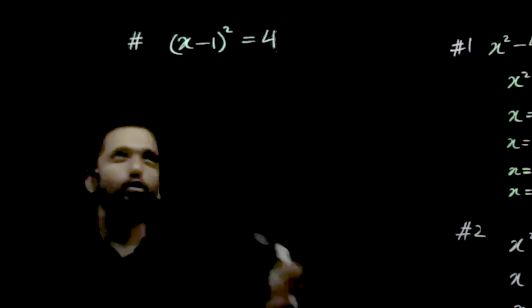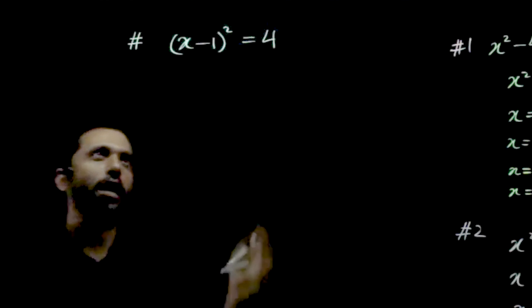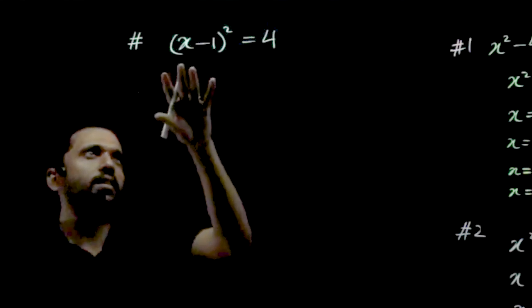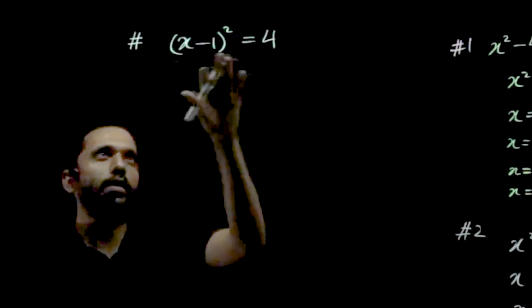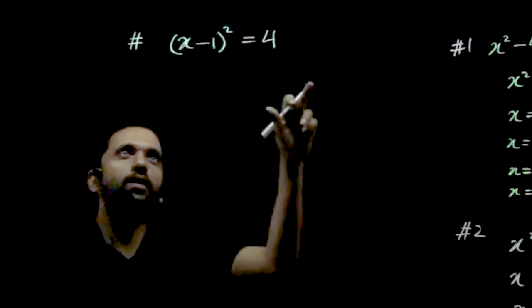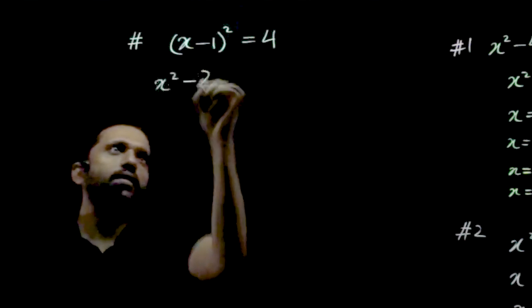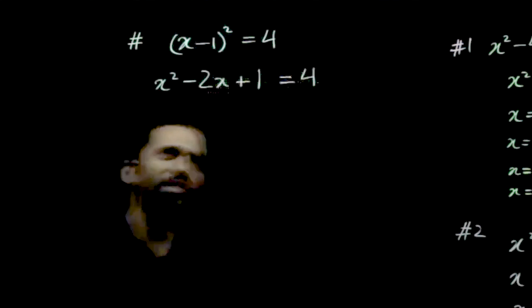We solved it. So suppose the question was not given in a pretty boxed up way as it is, and it was given in a way that I'm going to write over here. So let me just reframe the question. This is a minus b the whole square. So on expanding, what do we get? a square minus 2ab plus b square. So which will be x square minus 2x plus 1 is equal to 4. Yes, this is a quadratic equation.